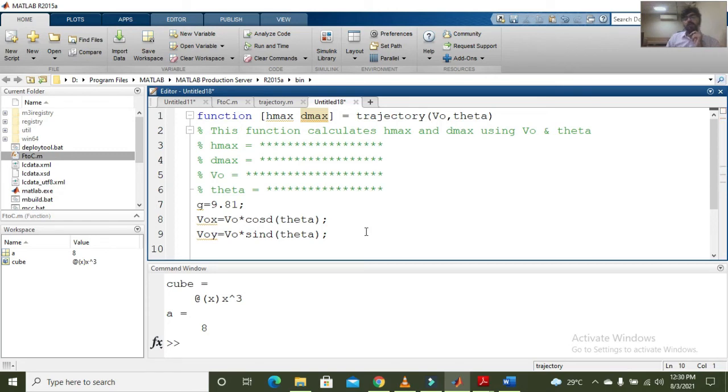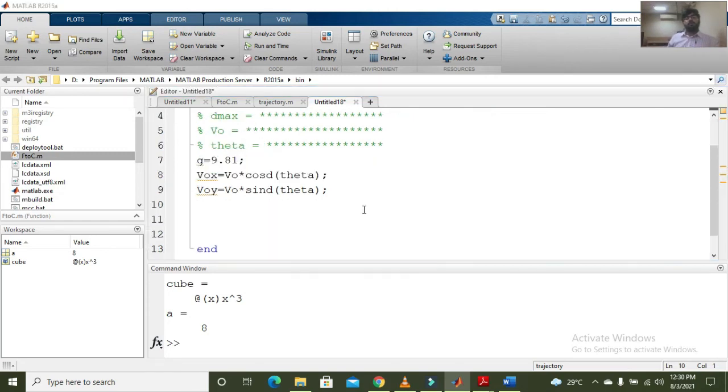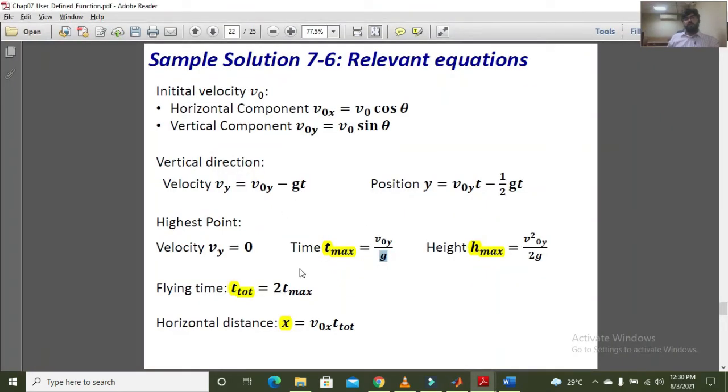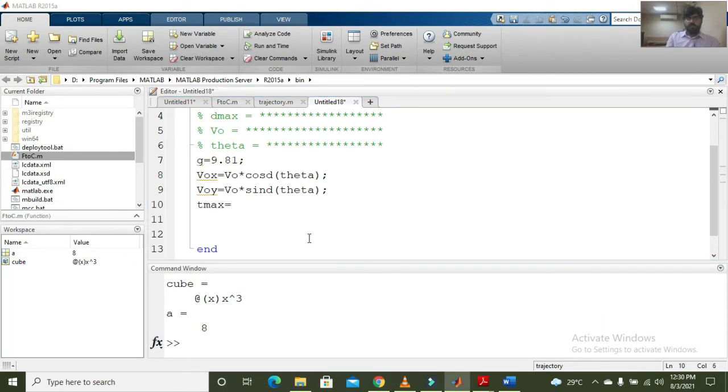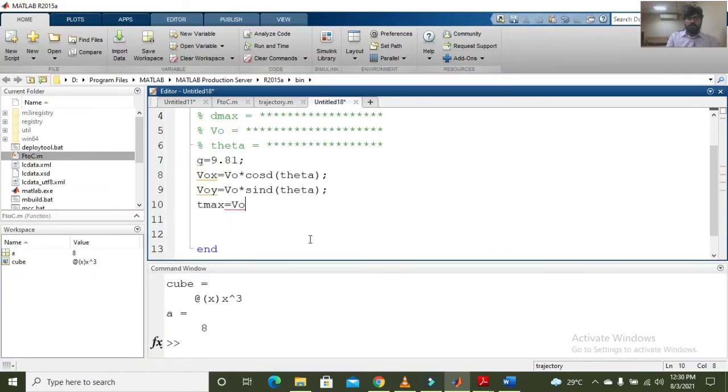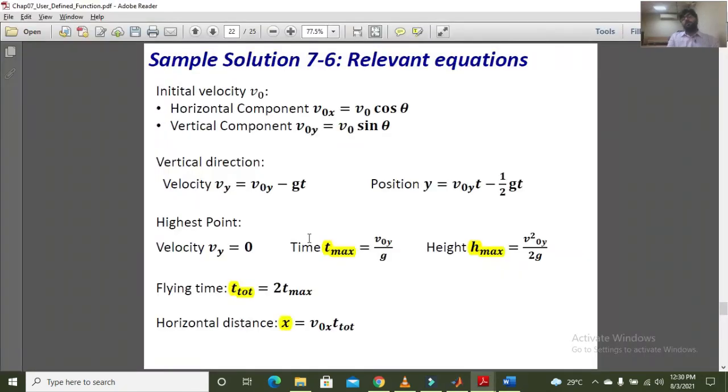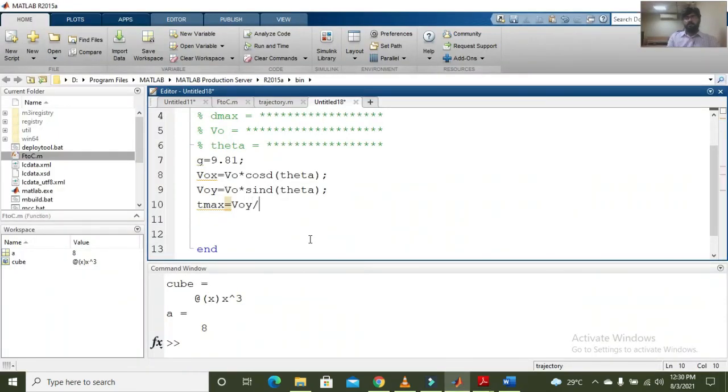Now, moving forward, we will define the relations for time. So T max is basically v naught y divided by g.